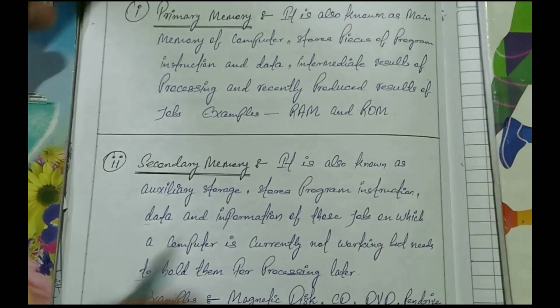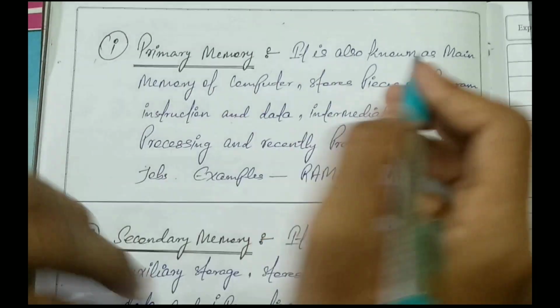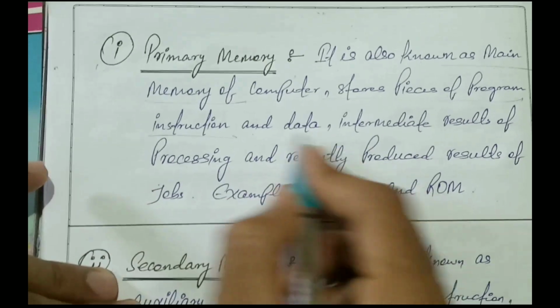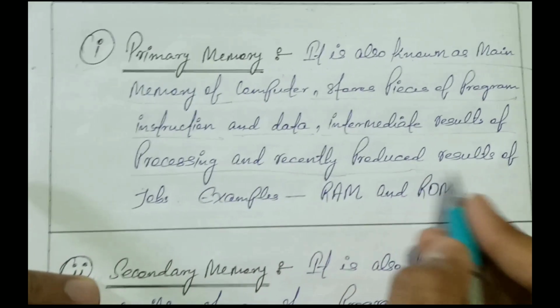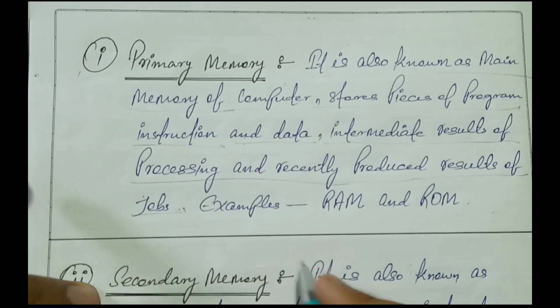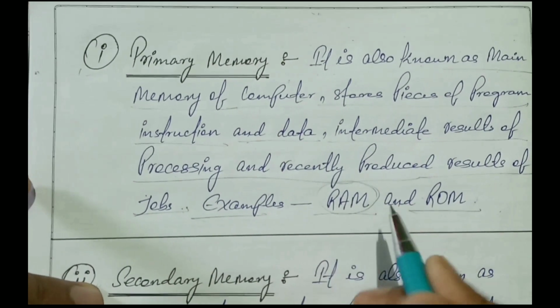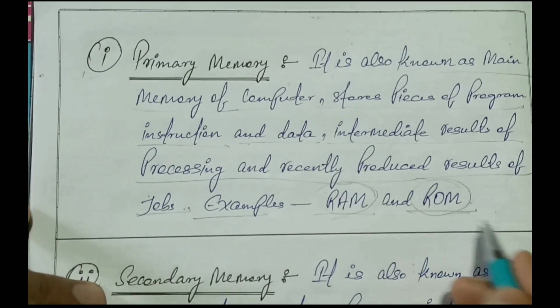First, primary memory. It is also known as the main memory of the computer. It stores pieces of program instructions and data, intermediate results of processing, and recently produced results of jobs. Examples: RAM and ROM. RAM stands for random access memory and ROM stands for read-only memory. Now,